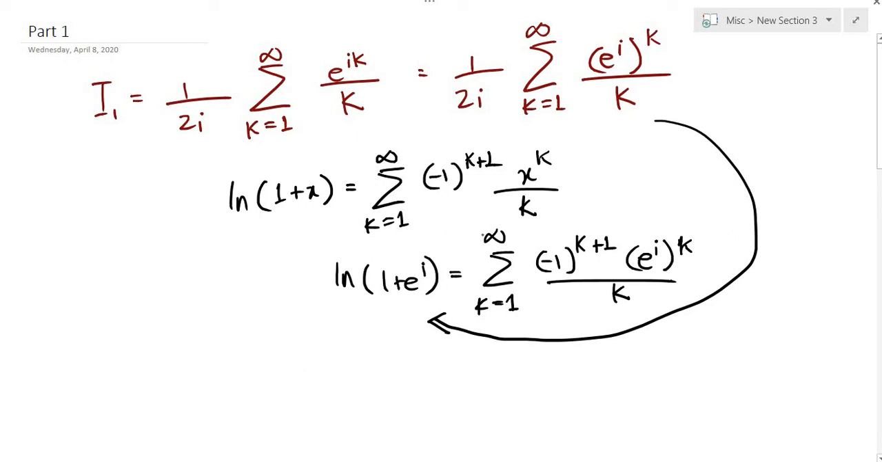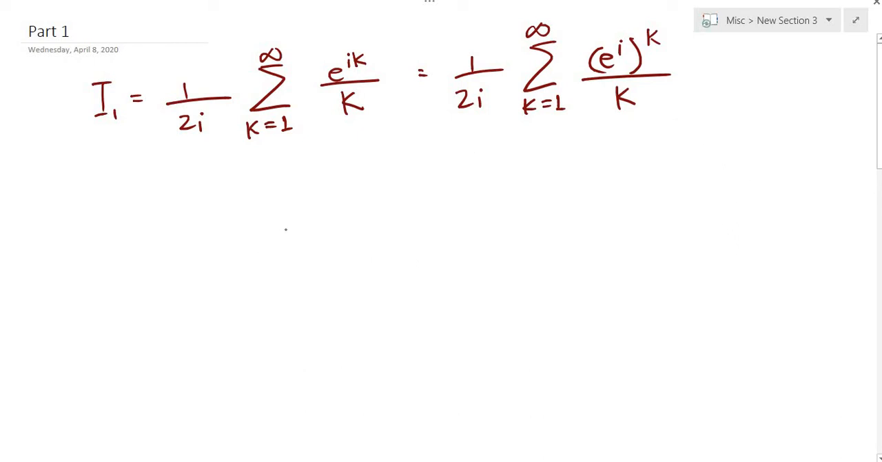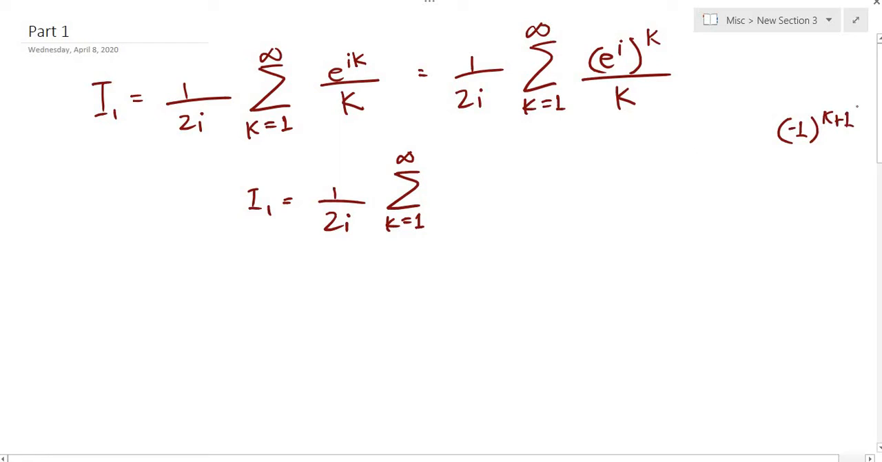So let's try to fix this alternating part. Now I1 is basically 1 over 2i times the sum from k equals 1 to infinity. We need to fix an alternating part, so we need negative 1 to the k plus 1th power. First let's think about fixing negative 1 to the kth power. We can multiply by negative 1 to obtain the k plus 1 later,